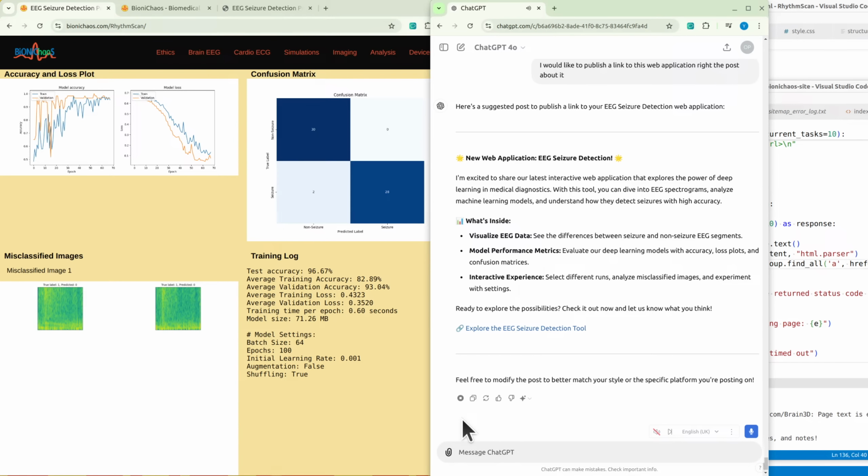Here's a suggested post to publish a link to your EEG seizure detection web application. New web application: EEG seizure detection. I'm excited to share our latest interactive web application that explores the power of deep learning in medical diagnostics. With this tool, you can dive into EEG spectrograms, analyze machine learning models, and understand how they detect seizures with